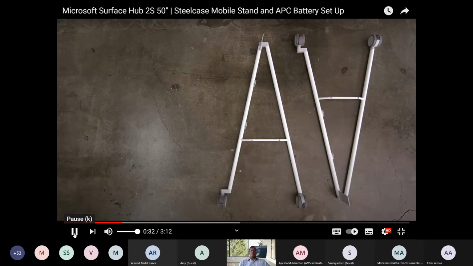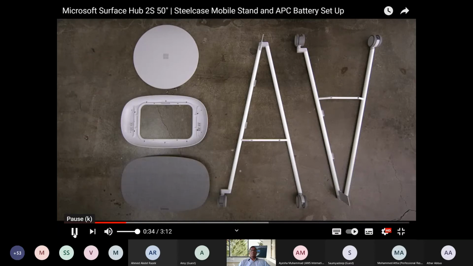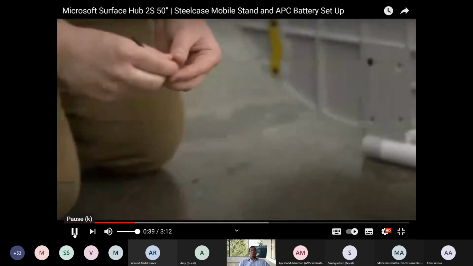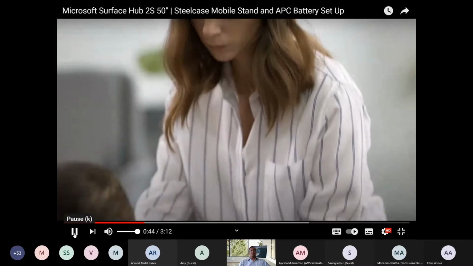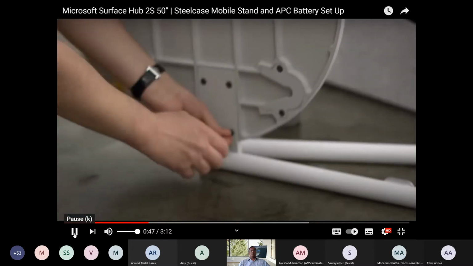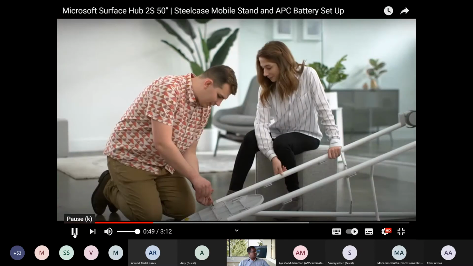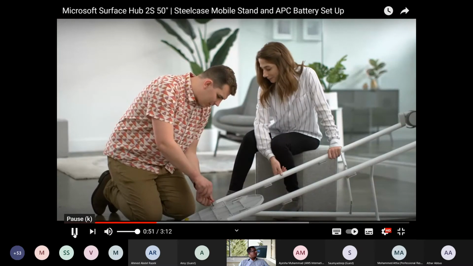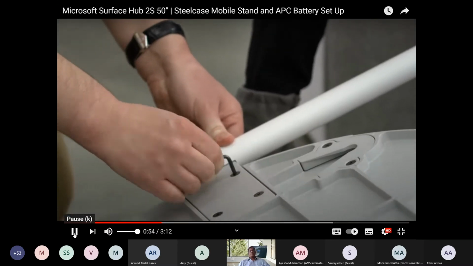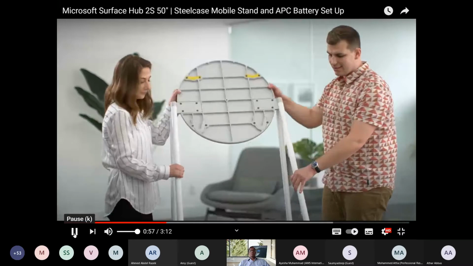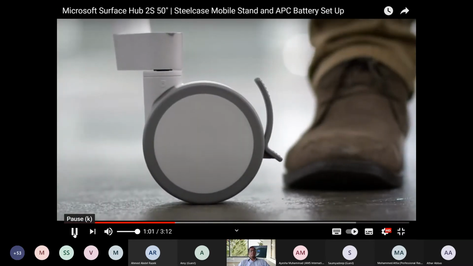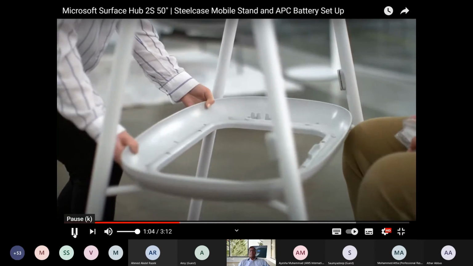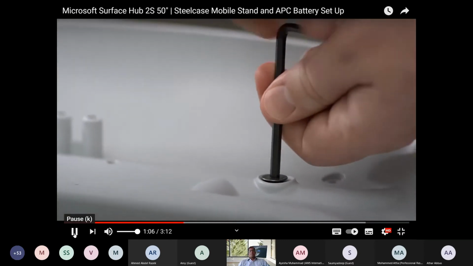To start assembling the Steelcase Roam mobile stand, begin by removing all the components from the box. Begin by opening the green bag and then attach the mounting plate to the first leg. Ensure that you attach the bracket on the leg to the correct side of the mounting plate. Repeat this with the stand's second leg and be sure to tighten the screws firmly in place. Now that the mounting plate is attached, you can stand it right side up and lock the wheels so it remains stationary. Place the tray in the middle of the stand and use the 4 flathead screws to secure it